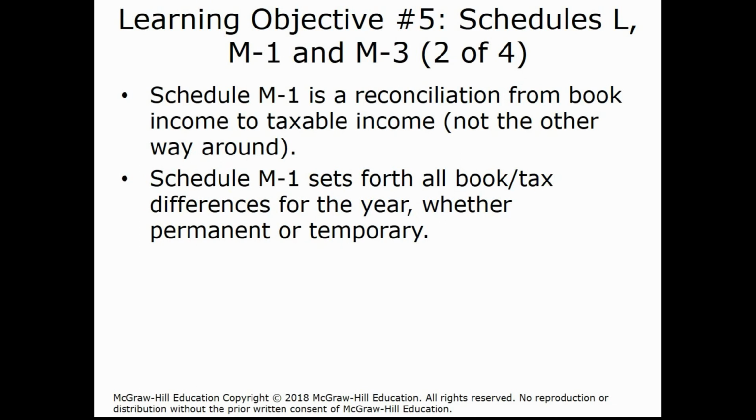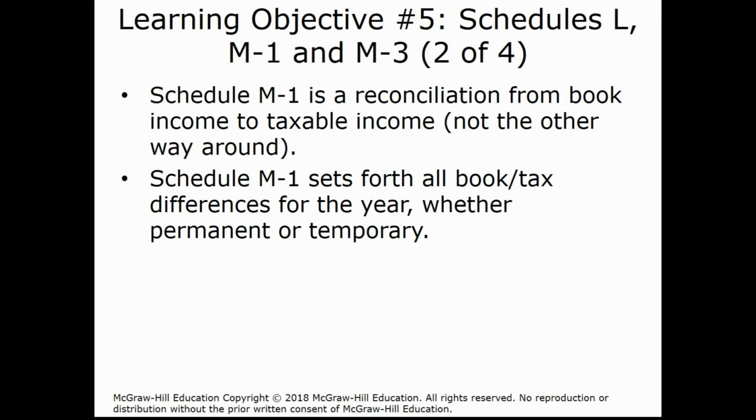These are the schedules I alluded to earlier, the Schedule M-1, which is a way to reconcile the book income to the taxable income, since they use, in many cases, different rules, FASB and the IRS. Some of the differences between FASB rules and IRS rules are temporary and some are permanent. An example of a temporary difference would be depreciation. If the corporation is using straight line for book purposes and accelerated for tax purposes,